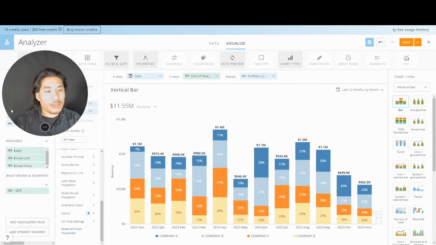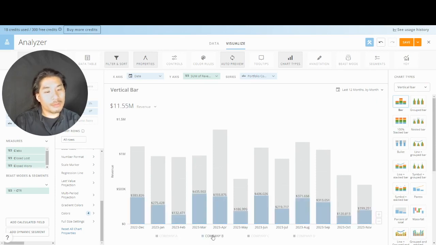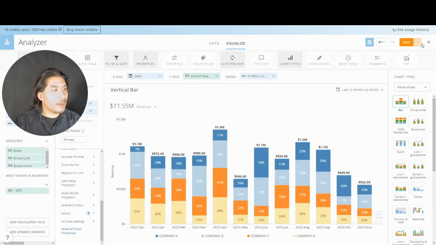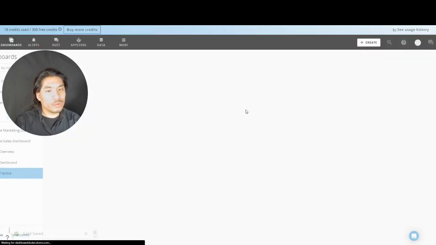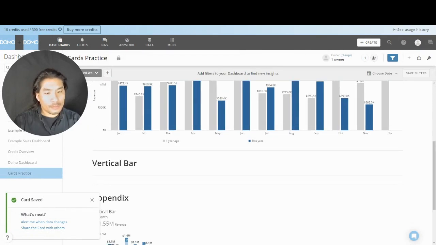Cool. All right. Also, a little trick here is if you hover over these different legend pieces, now you see it fall to the bottom. So now you can just look at, well, how much is company A doing? How much is company B doing? Isolate it. All right. I'm going to hit save and close and go back to my dashboard, close that thing,